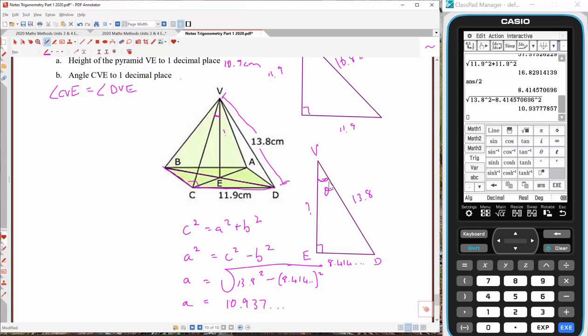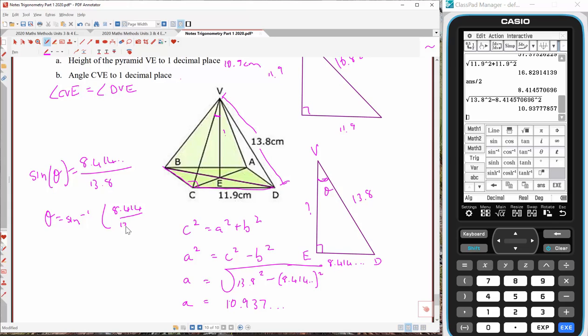So again, we've got the pick of the board here to use whichever ones we want. So we're going to go opposite over hypotenuse. That's cool. Okay, that's sine. So we've given tan a go, cosine, and now sine a burl. Okay, so let's go sine theta equals the opposite, which is 8.414 dot dot dot, over the hypotenuse, which is 13.8. Theta equals sine inverse